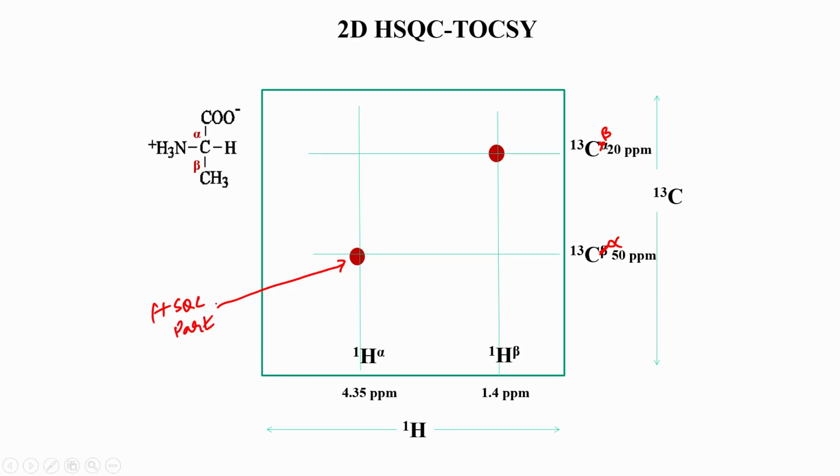Okay. So, this is nothing new, we already have seen this with several examples. We took glutamine, we saw other molecules. Now, what is the additional information that we get from TOCSY? The TOCSY now gives you this part, because C beta is now correlated with H alpha, that is this green peak here.